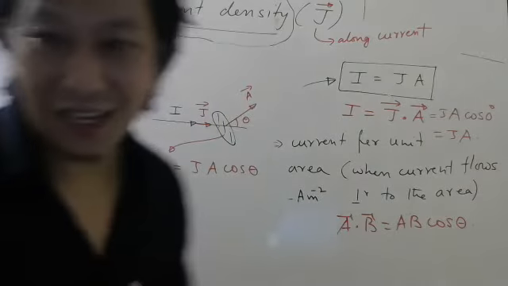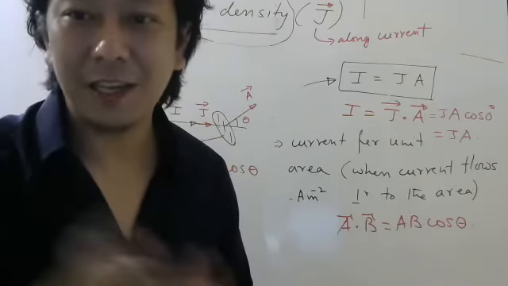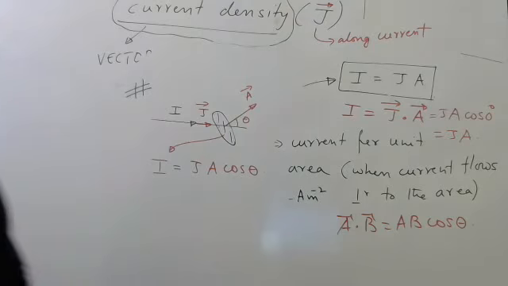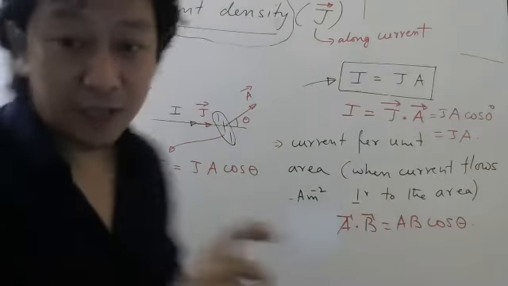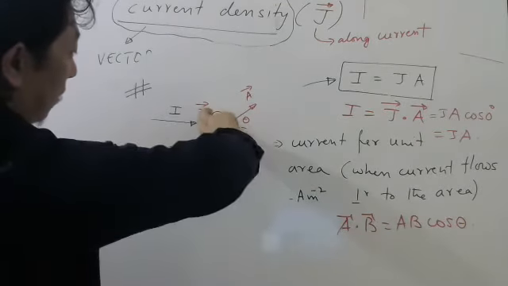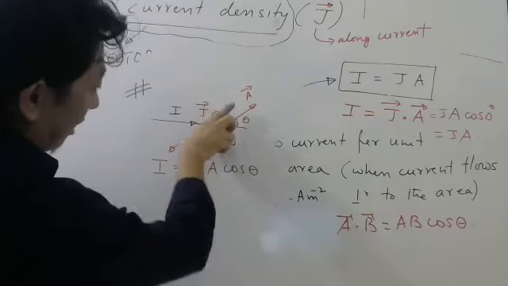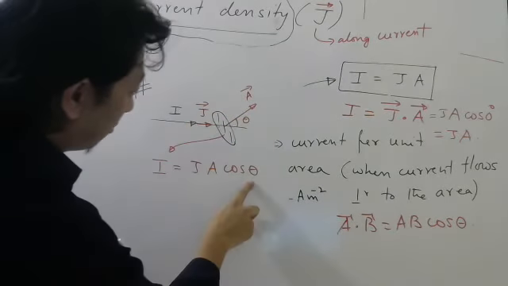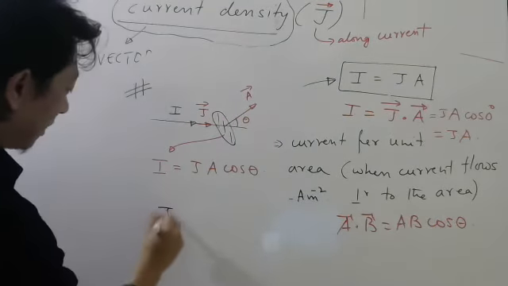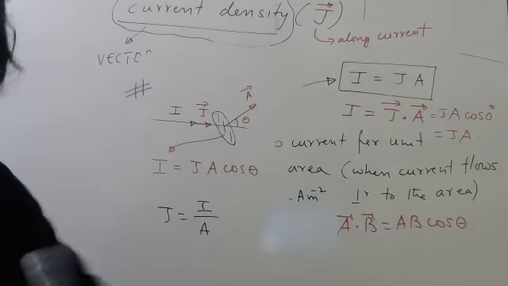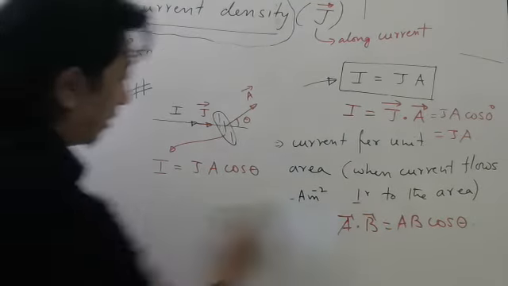It was imaginary area, no? I can take wherever I want. So that depends on the person who is setting the question paper. But for board exam, you should concentrate on this part when the area is kept like this. So if this area is kept like this, theta will be 0. If theta is 0, then cos theta will be 1. Then you will get current density equals to current by area. So this is one thing you should know for your entrance.